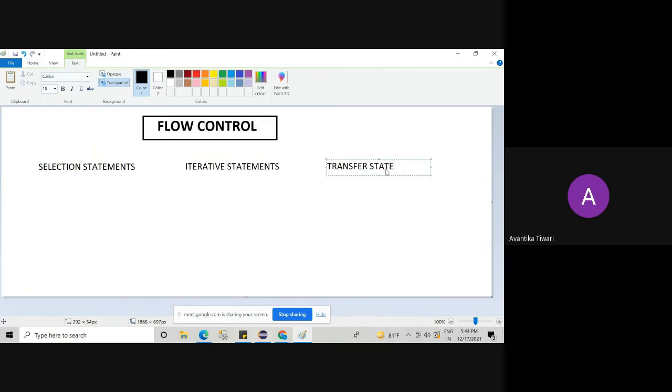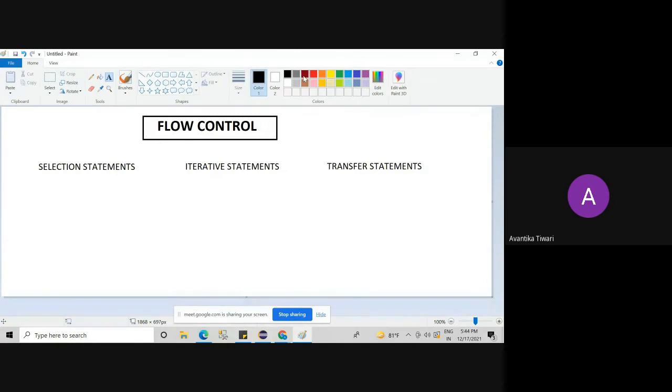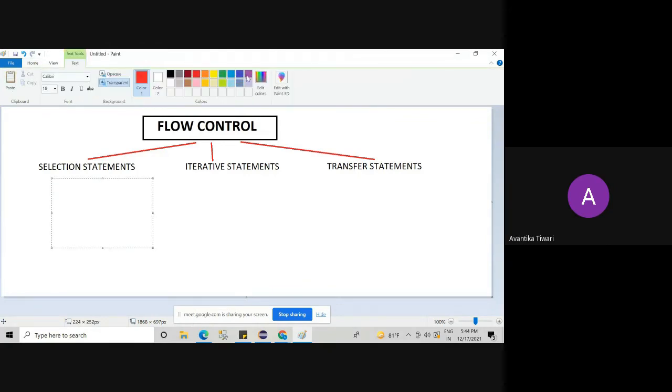Control transfer statements. So these are the 3 categories that we have: selection statements, iterative statements, and control transfer statements. Under these 3 categories, we have further division also. Let's understand the further division. We have the if-else statement, and we have switch.